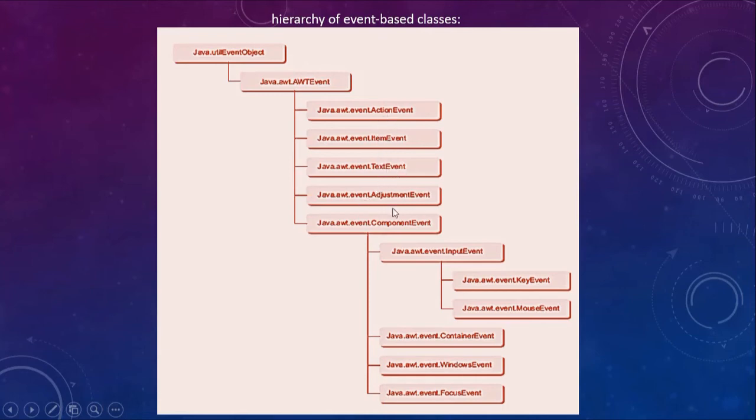Basically there are different types of events. The component event has within it the input event, then there is the key event, and the mouse event. Similarly, there are the container event, window event, and focus event. So these are all the various events which are possible, and these are the different classes for those events.